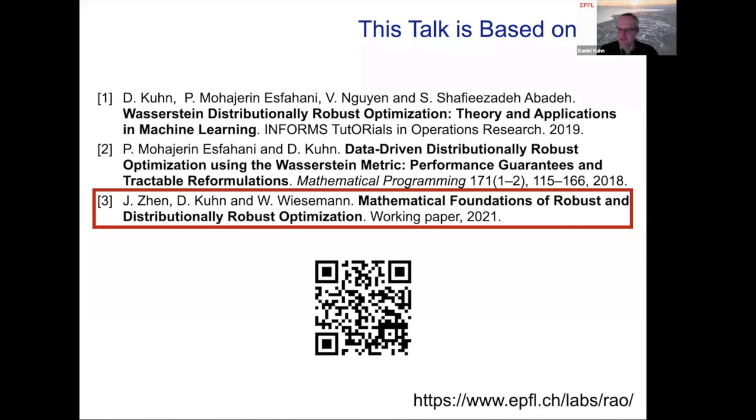Absolutely. That's of course a very relevant question. And actually my talk didn't touch on this at all. So you're asking about the statistics, while my talk was only about the optimization aspect. So how do we reformulate these problems as something that we can efficiently solve? But the statistics is very important. So if you face a real decision-making problem, you may have to decide how to model the uncertainty.